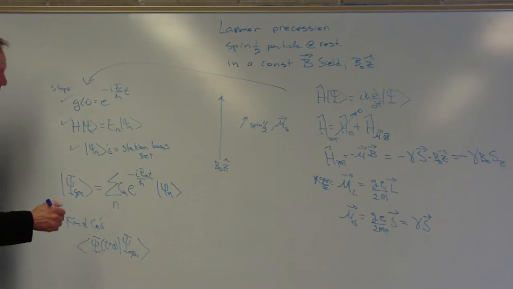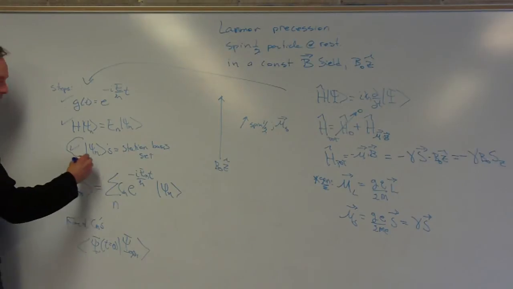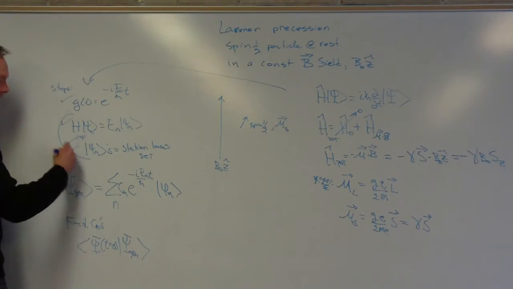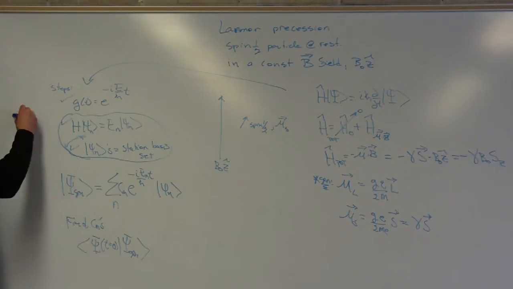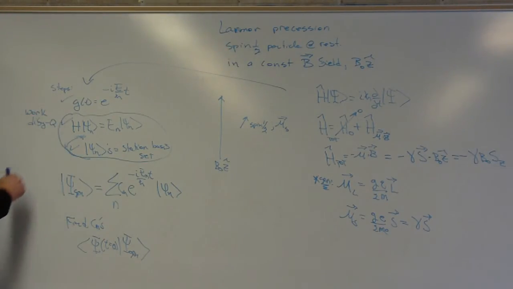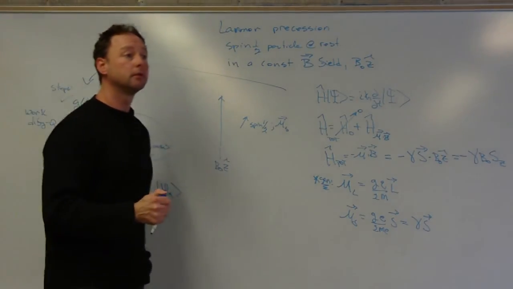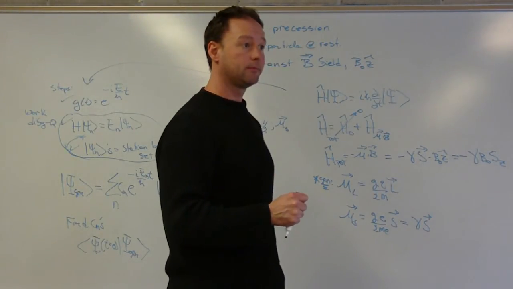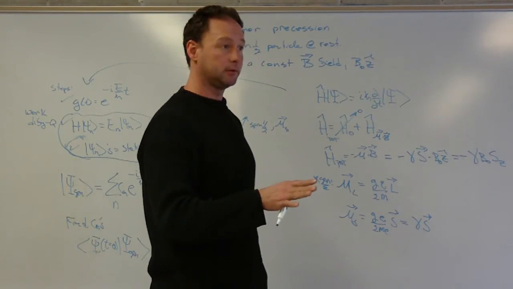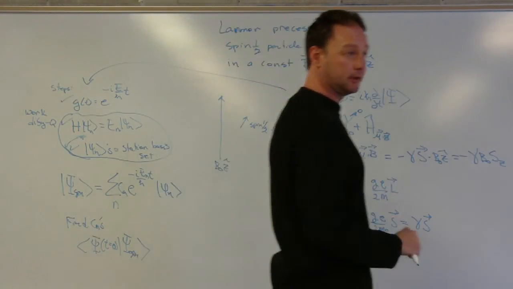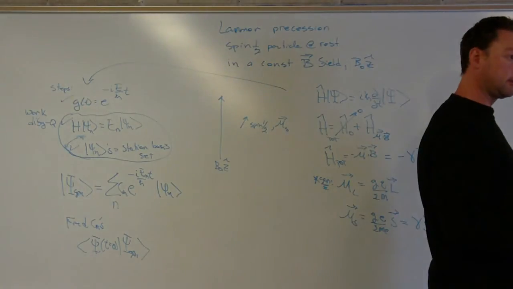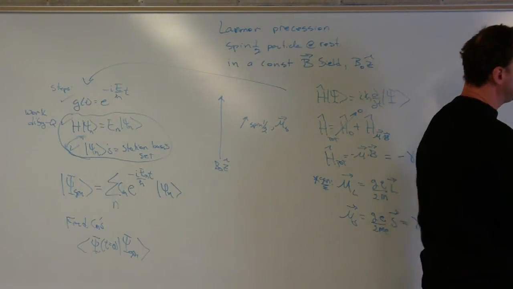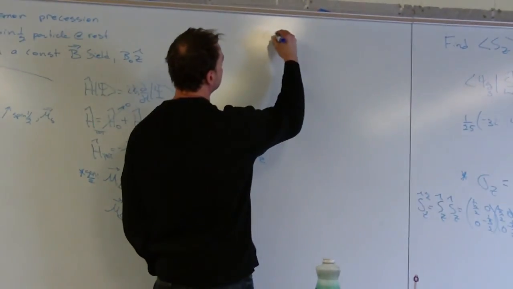Okay, but here's the step where you kind of have to do the work. This is where we did the work before solving the differential equation. We had to do that. Here's what. Plug the Hamiltonian in, which is the negative gamma B0 S_z. Yep, you can solve for what E would be. That's right. But check this out. You're 100% right. But here's another way you can do this. Let's look at the commutation